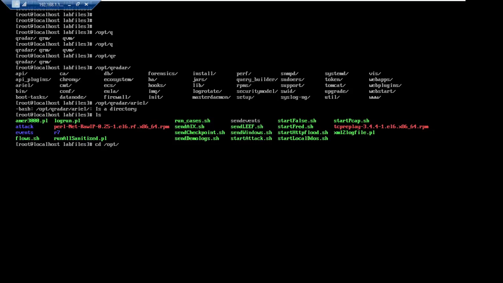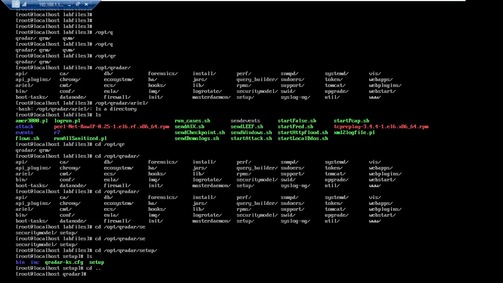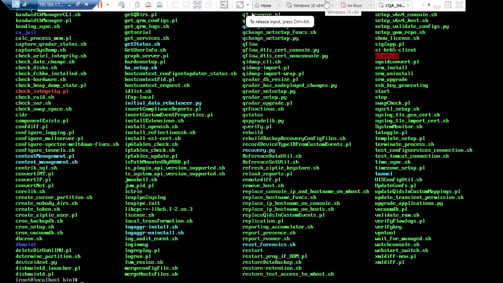Sorry, cd opt QRadar install. There is a file used to be there. Yeah, here there are so many things available.